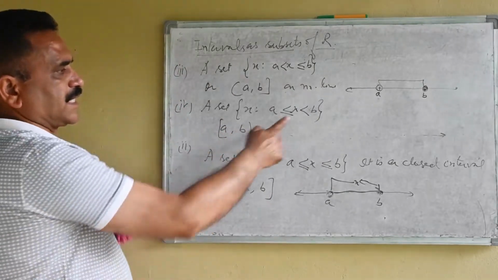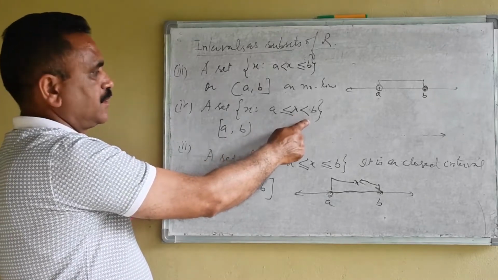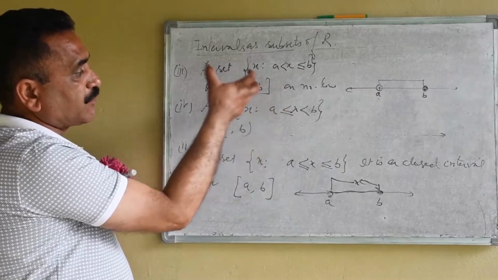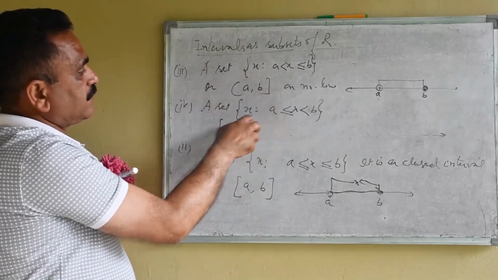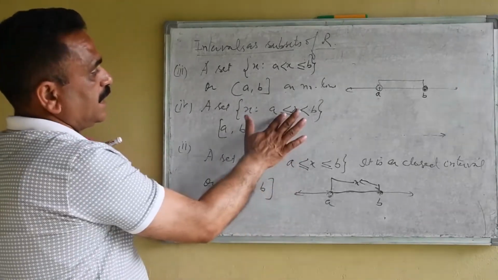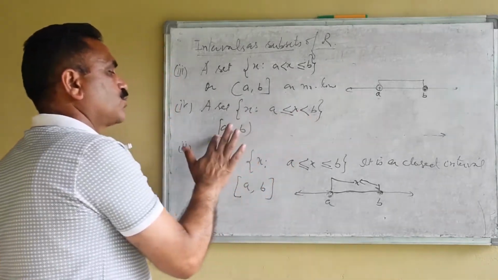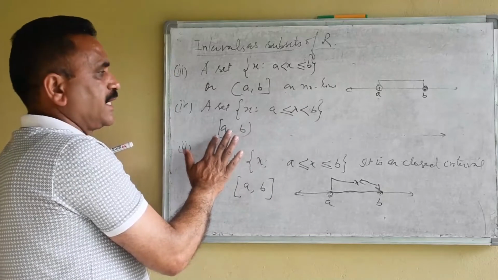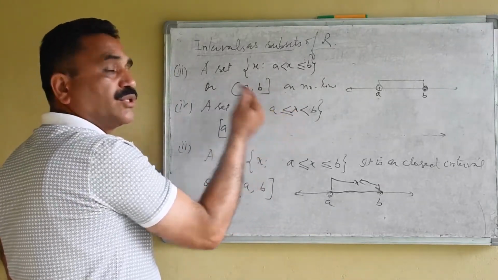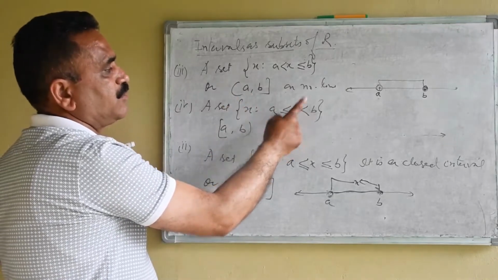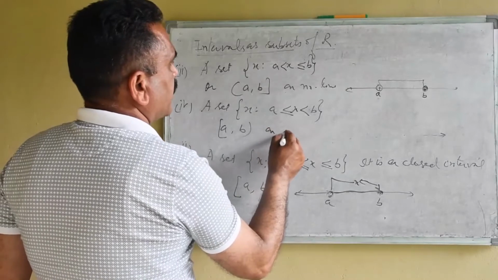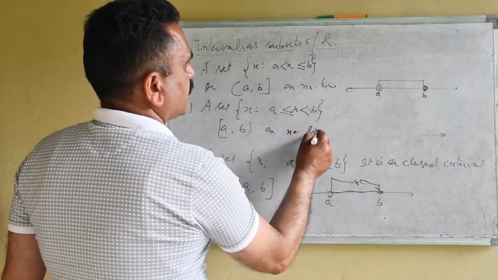Means where the sign of equality is not present, we have to take that side as open. And where the sign of equality is present, then we will take that side as closed side. जहां से ये बराबर का चिन्ह है उसको क्लोज कर देंगे, वो बड़ा ब्रैकेट है. क्यों है? क्योंकि वो वैल्यू उस x के बराबर हो सकती है, लेकिन इसमें ये वैल्यू x के बराबर नहीं हो सकती. So on the number line